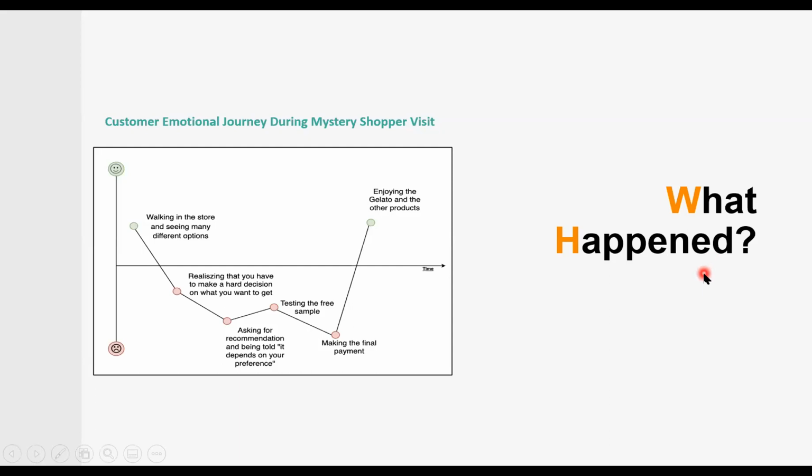So we came there, and then we asked them about what happened. What you see here is the graphic of the customer emotional journey. When you first walk into a shop, you know the product is good, you feel that the service is good, you will feel happy, right? Like you see a lot of stuff that you want to buy. In this case, gelato. The gelato looks really, really good, and you as a customer would feel like, oh, I want to buy this, I want to buy that.